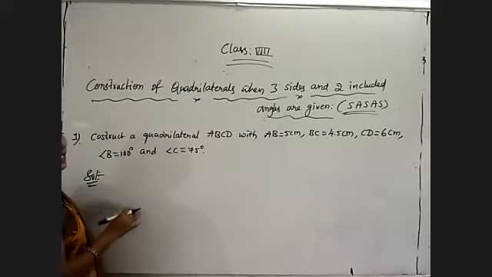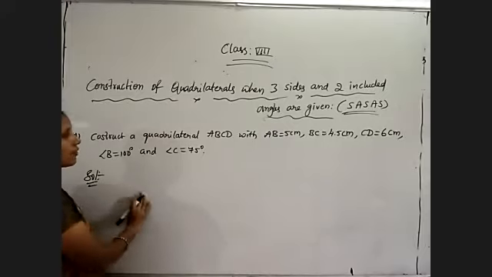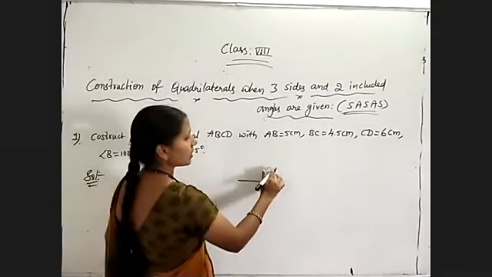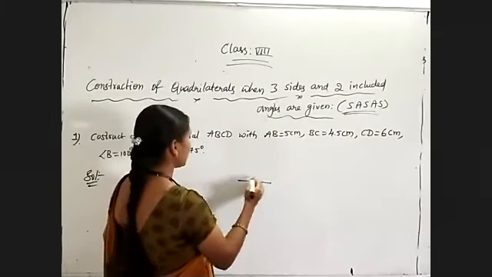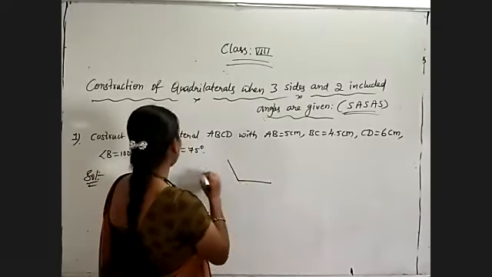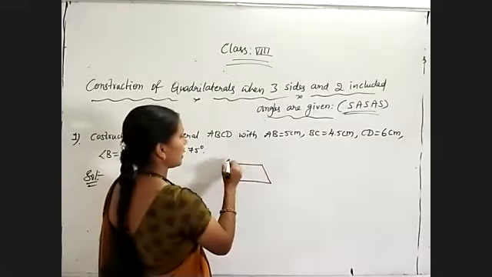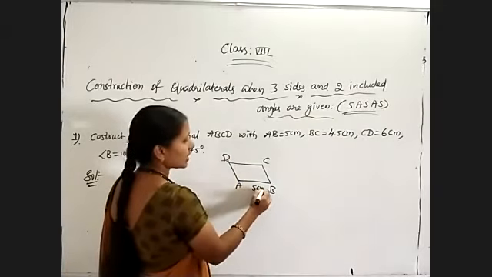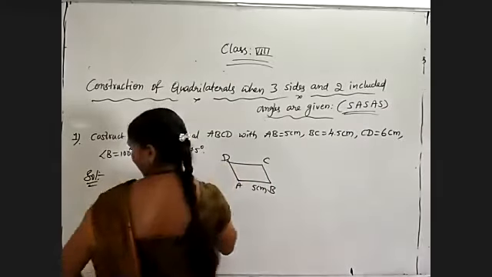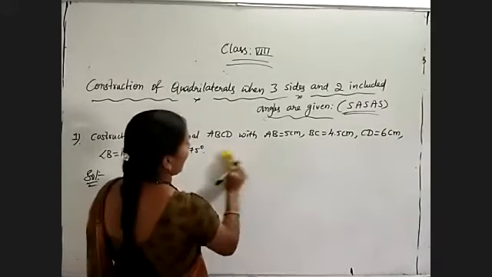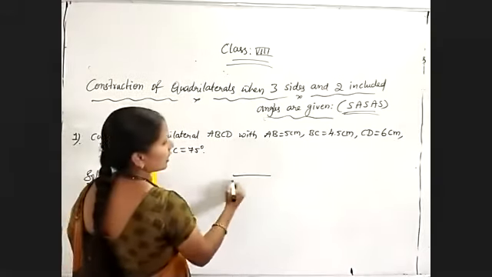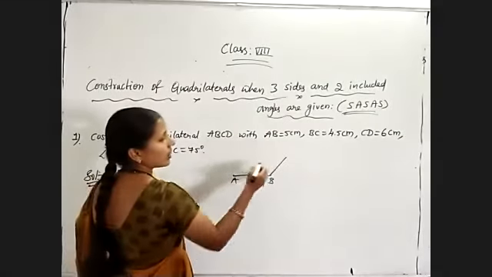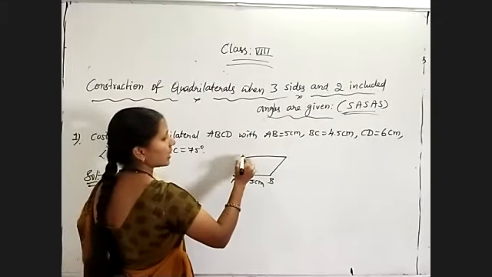Included angles are given. In that case, how we need to construct? So first of all, draw the quadrilateral ABCD, just a rough drawing. Angle B is 100, given. Angle C is 75. And like this. So ABCD is my quadrilateral. AB length is 5 centimeters and angle B equal to 100 degrees. Angle C is 75 degrees. Like this I will get.